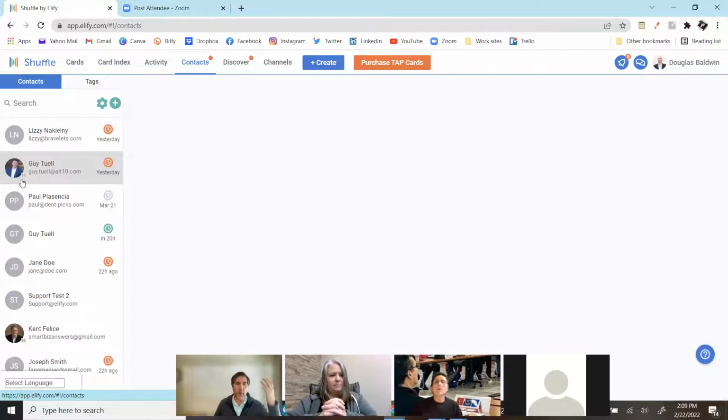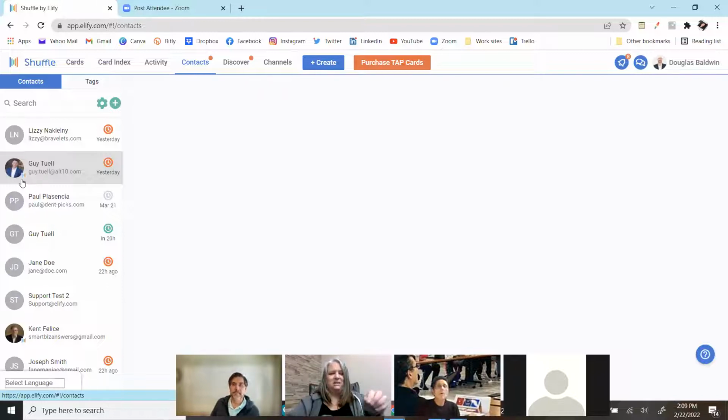You can also open up cards in the browser and save them to your deck, but this is the original send it to me via Shuffle way. Oh yeah, that's the other way. See, there's a third way. Okay, so you've discovered them, you've connected with them, you both are in each other's contacts now,